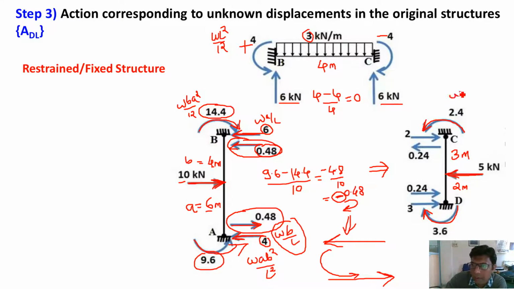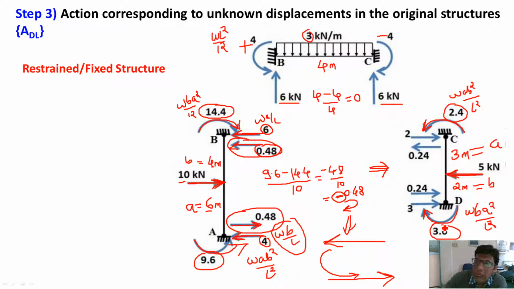Magnitude of left moment is W A B squared by L squared, similar to the previous column, and right moment is W B A squared by L squared. Using these formulas, if you find the fixed-end moments from the direction of observation, A equal to 3 and B equal to 2. So using this A and B, the left moment is 2.4 and the right moment is 3.6.